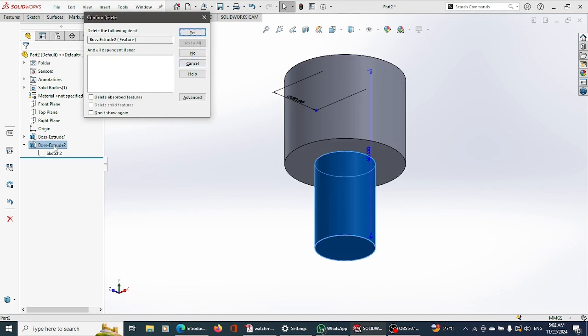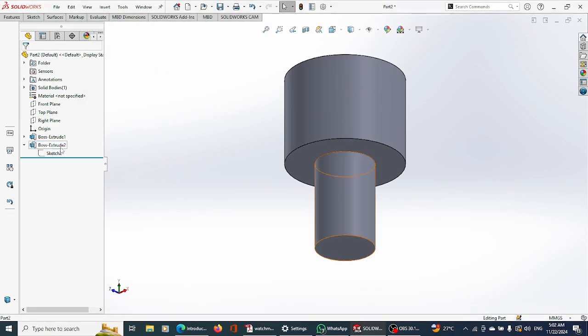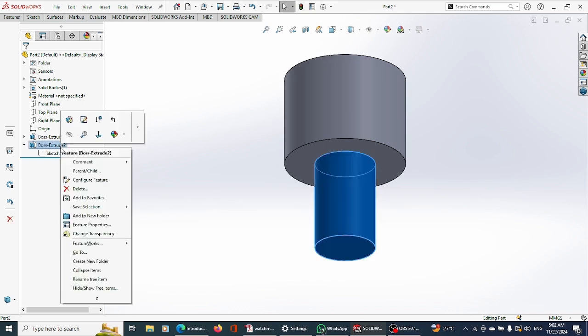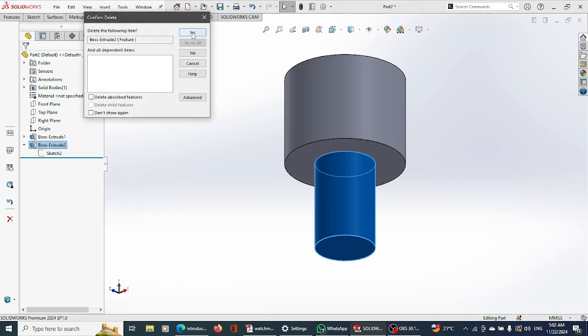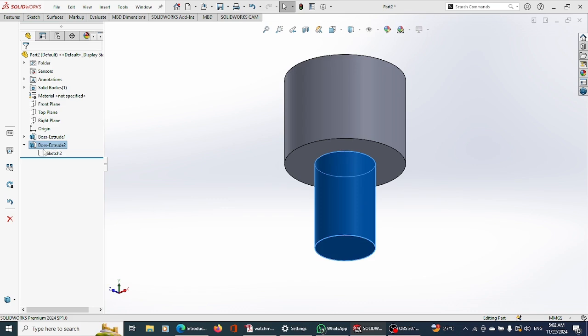I just selected this guy. To delete, I press the delete key, not backspace. There's a key by the word delete on your keyboard. I just press delete and say yes. But if you are not familiar, the reason why I'm showing you guys this one is because it's faster. You can simply right click on it and you see the delete option here. But selecting it and just hitting the delete key is faster. So I'll say yes. And both the